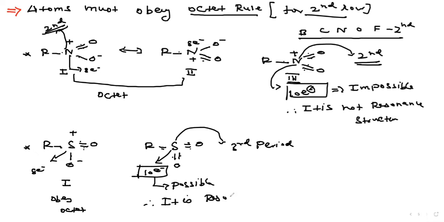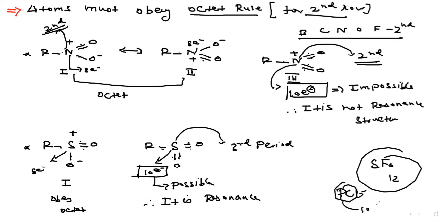Now, understand. The octet rule is applicable only for second row elements, not third and fourth row elements. Second row elements, you have to check the octet; for third and fourth, there is no need to check. Listen, for SF6, how many electrons? 12 electrons, right? Above the octet. I take PCl5. The phosphorus has around 10 electrons, right? Above the octet, because this is a third row element, third period element. Now I'll give you a few more examples. Please note.